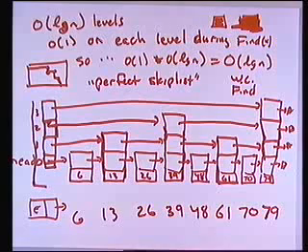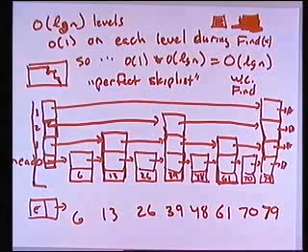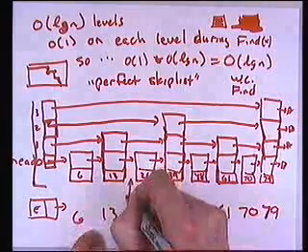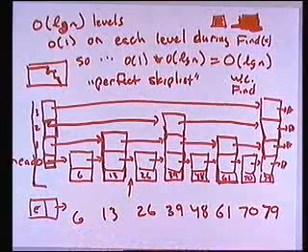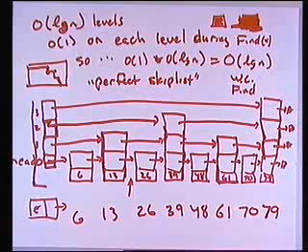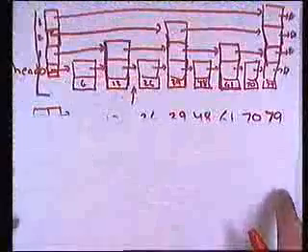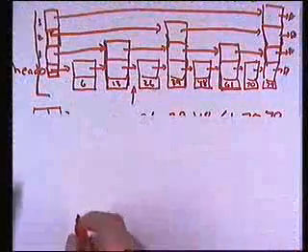The problem comes in that we can't do inserts or removals elegantly at all. Consider, for example, trying to insert 20. 20 should go in that position. However, if 20 goes in that position, what we then need would be a list that looks like this. Here's the old skip list. What I then need is a list that has